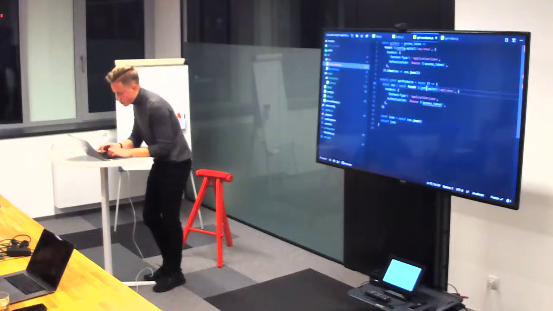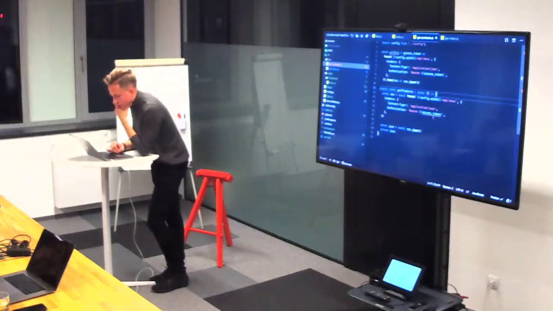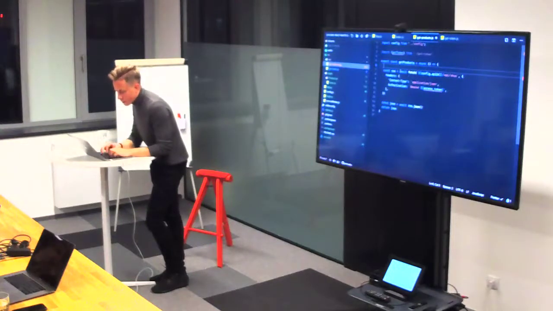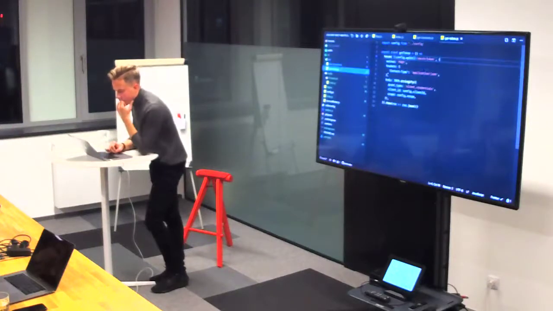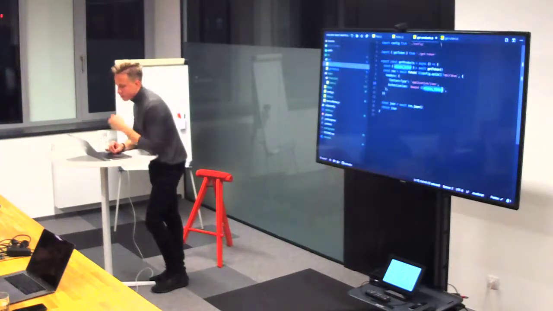We need config here as well. But we are still missing the access token. Let's take it from the file, the token. And what we can simply do is await get the token. Again, this function returns a promise. We can see here, fetch returns the promise. We await the promise, and when it resolves, we'll get the access token and we'll pass it here. And